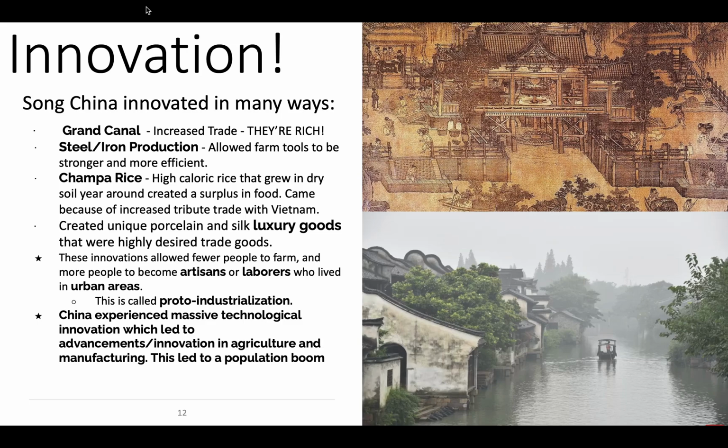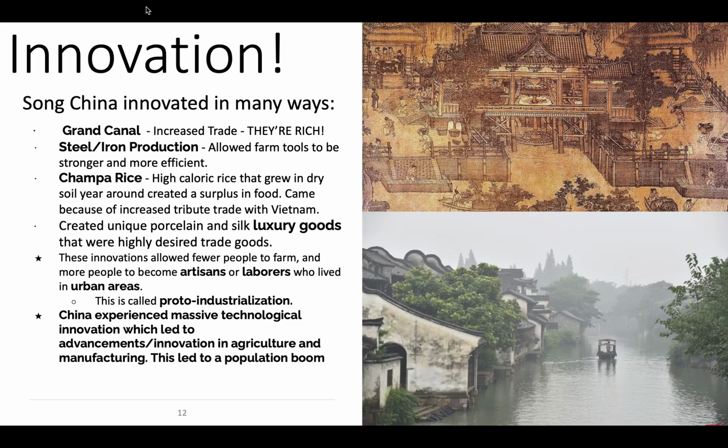Very, very, very few plants have that. So essentially you're getting twice the food. This is a huge deal. This is a humongous deal. Okay, China. Already doing pretty well. The Song Dynasty's in power. They already have a steel plow, so they're already turning up a bunch of food. They're now getting Champa Rice with their conquering of Vietnam. Now they're getting even more food. More food means more population, which means